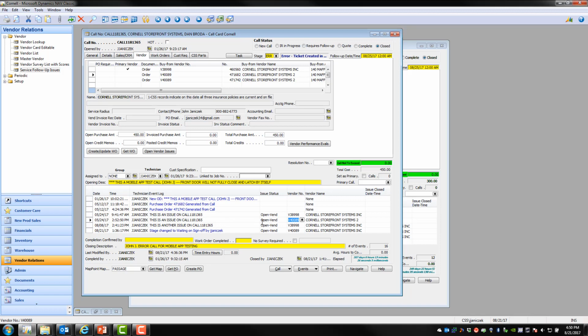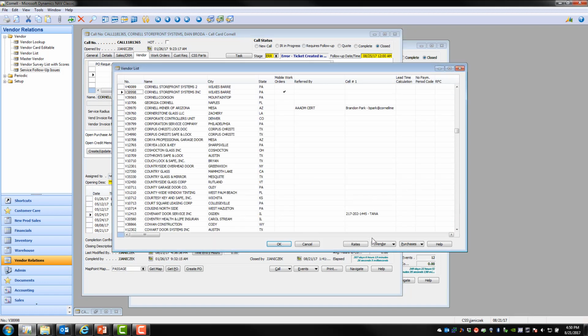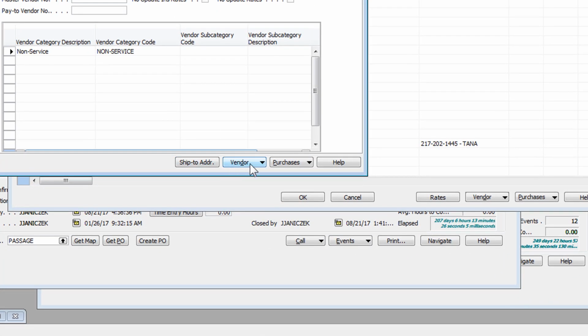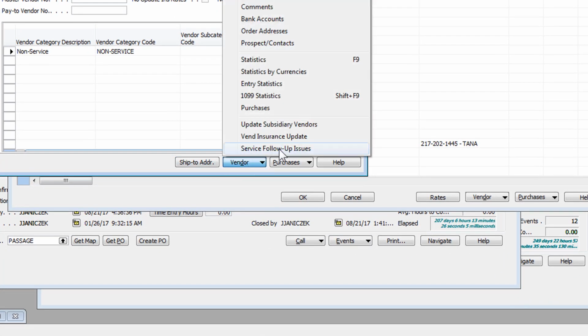So I have some open issues on one call for one vendor. I've got some open issues on another call for another vendor. And if I now would like to see an overview list of all the open issues across all calls, I can go to the vendor card, let's drill in here to the vendor list, open the vendor card, and on the vendor card vendor sub-menu here at the bottom, at the very end of this menu list, there's a new option called Service Follow-Up Issues. And if I select that,